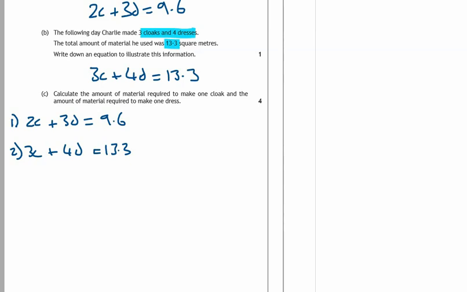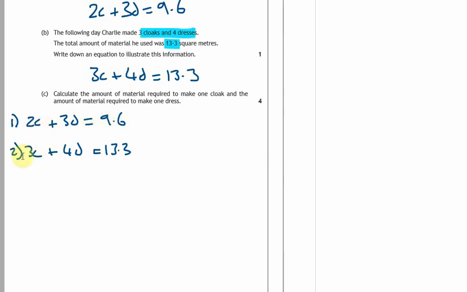Back. So what we're doing with simultaneous equations is we're trying to make, in this case, one of the c's or one of the d's the same. It could be any variable. But the point is we want to make this number the same as this number, or this number the same as this number. So what you're doing is you're looking for a common factor. That's the word we'd use. The easiest way to do it is just to multiply by the opposite coefficient. What I mean by that is